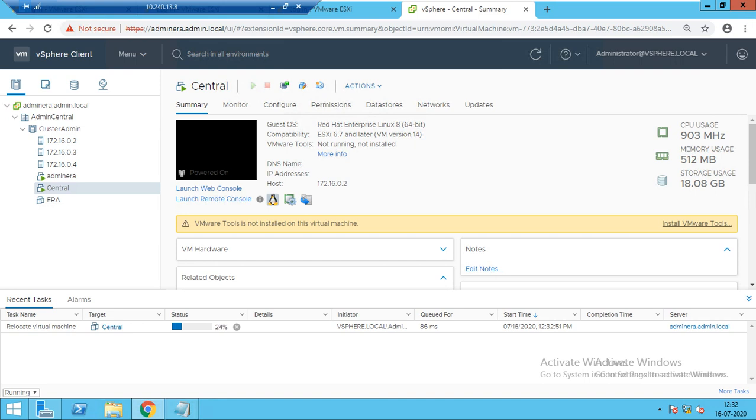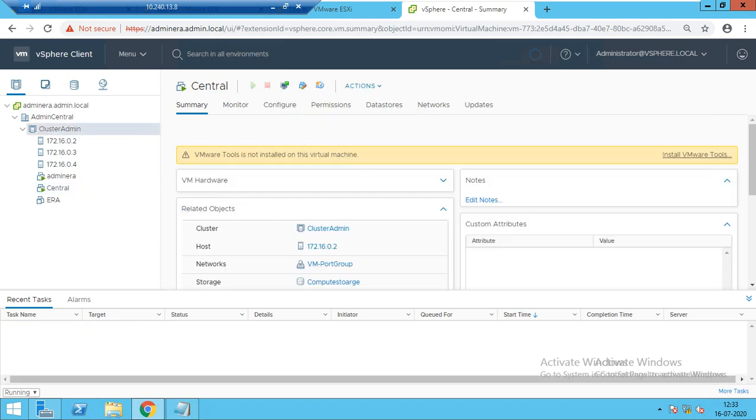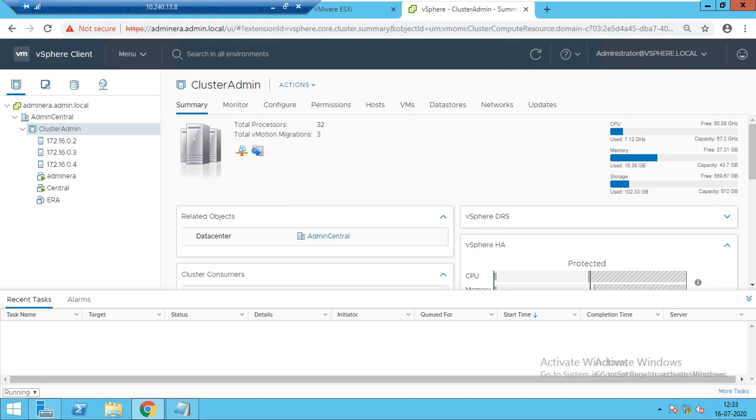Now your virtual machine is migrating from one storage to another storage. Would this also replicate here? No, it is not replicating because it is not a vMotion. This is a storage vMotion. Storage motion will not replicate.